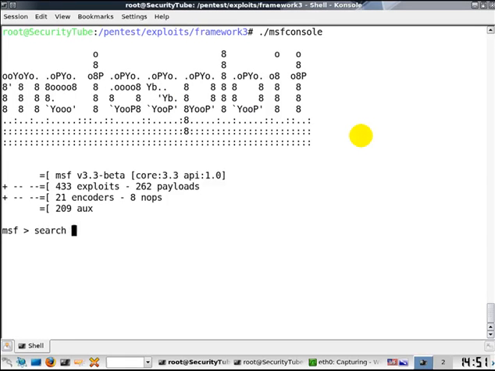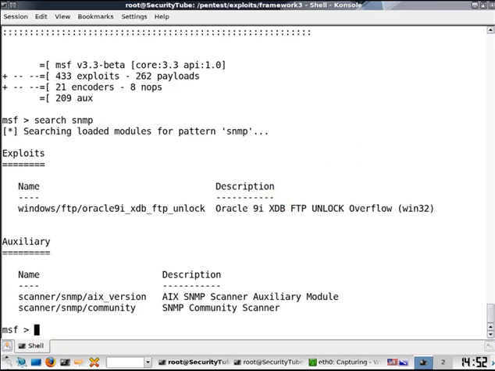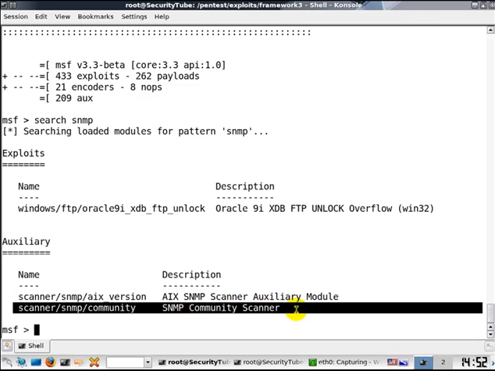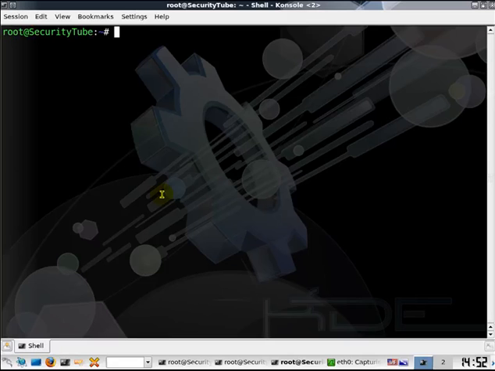Let's quickly search for SNMP to locate our SNMP scanner with which we'll launch an attack. As you can see, there is an auxiliary module called SNMP Community Scanner which we will use. However, before launching the SNMP attack, let's verify that there is an SNMP connection which can be made with the Vyatta router. So we'll use nmap for this purpose,